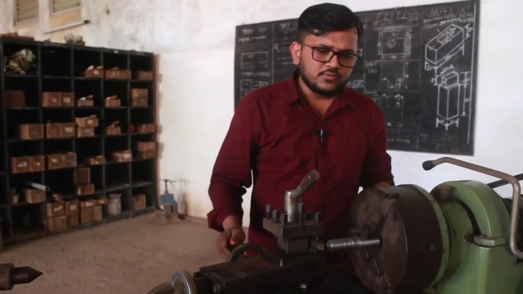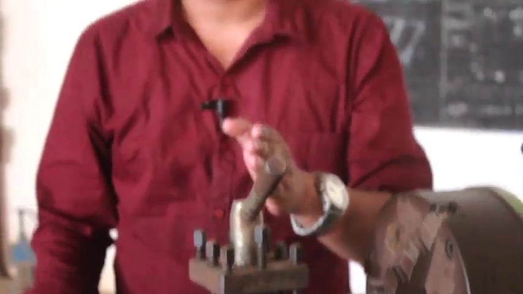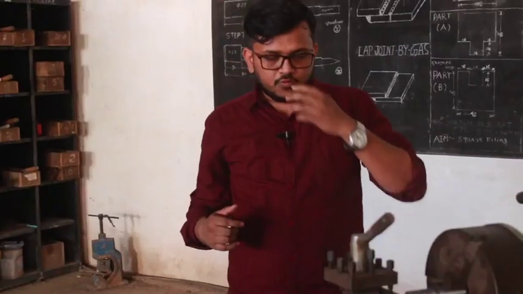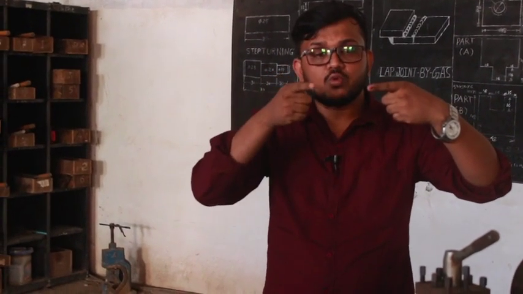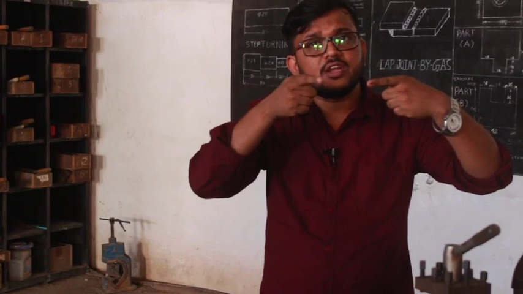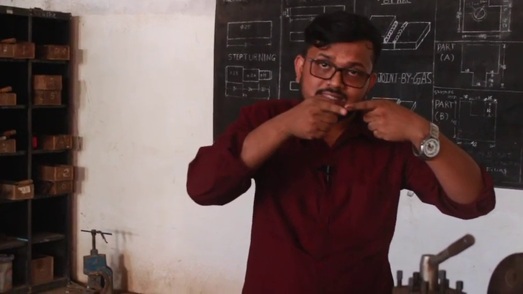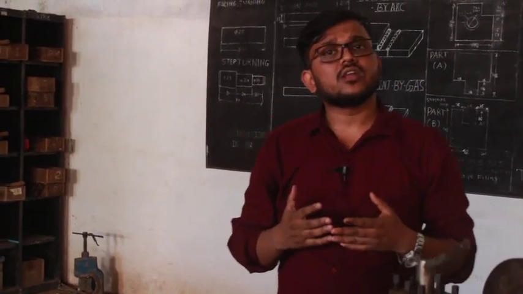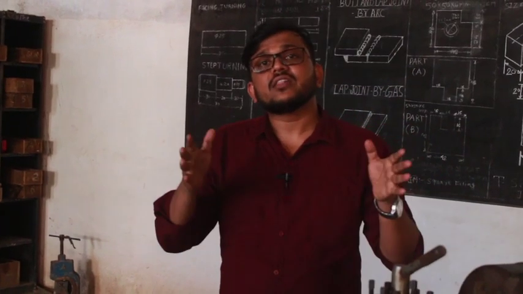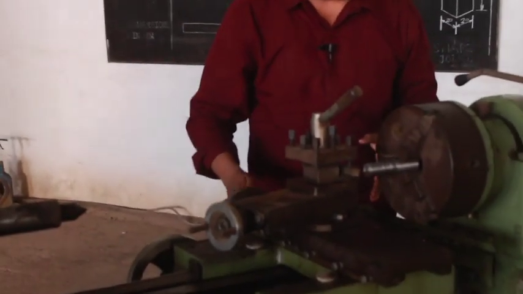There is one more motion which is required. The machining operation that you do on the workpiece is called turning. Suppose you need to do plain turning. We have seen the facing operation. Suppose this is the workpiece and this is the tool. In facing operation, what kind of feed is required? You need to move your tool inward to the workpiece. This is called radial feed. And in a turning operation, we reduce the diameter, keeping the length the same. So, in turning operation, we need to give axial feed.